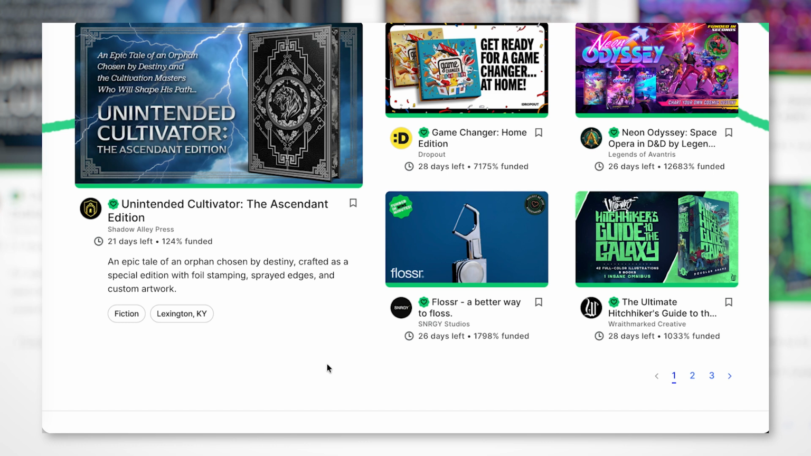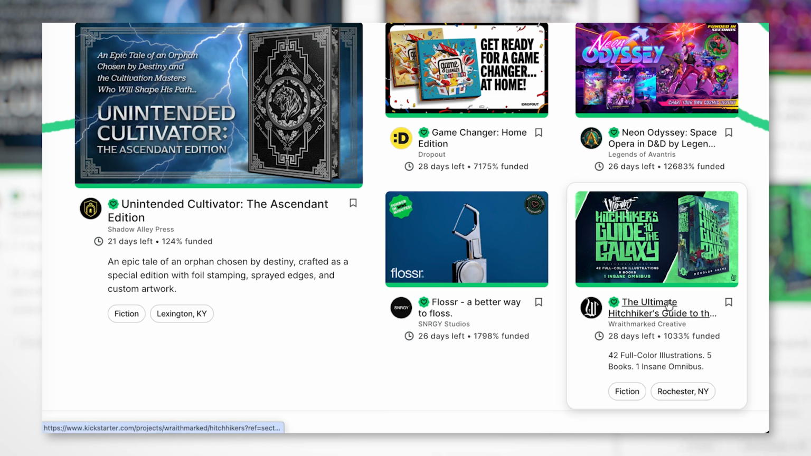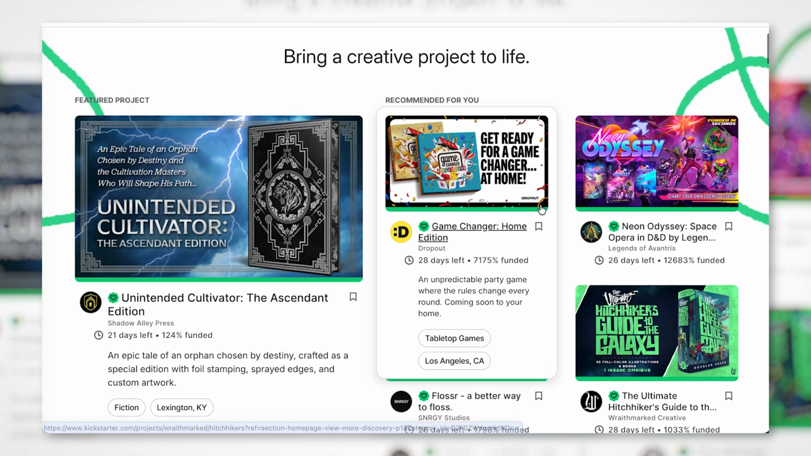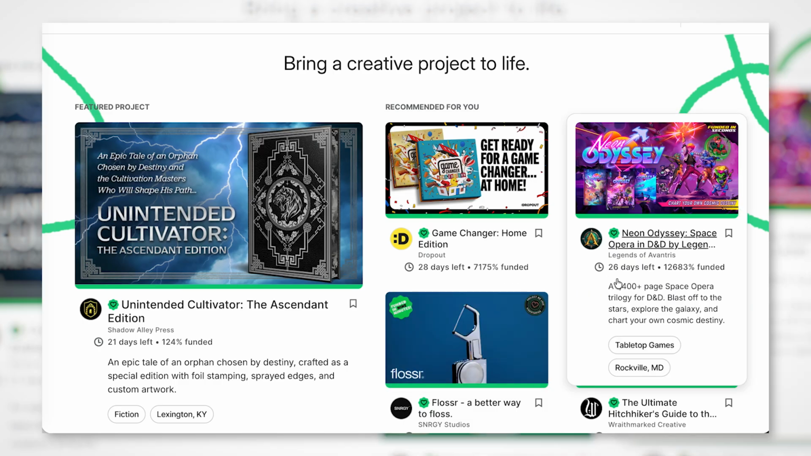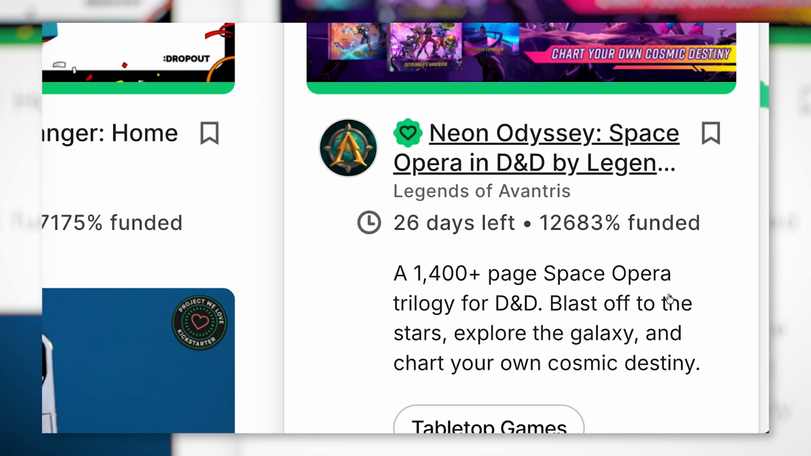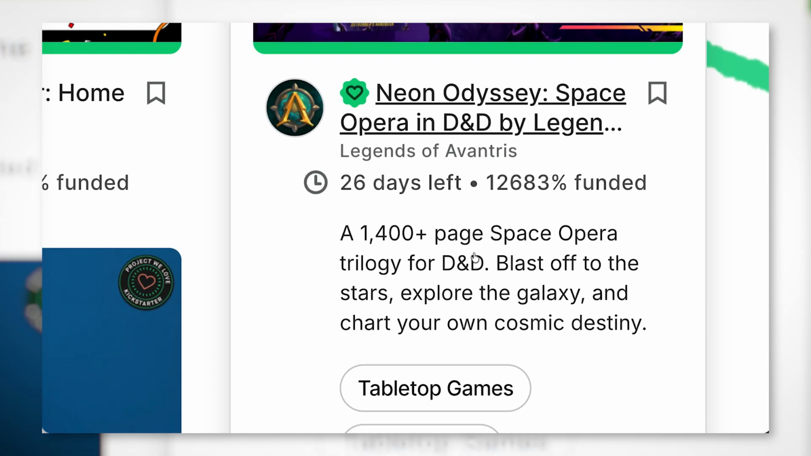If you already have existing IP, you might already have then a recognition when it comes to the Hitchhiker's Guide to the Galaxy, right? That really captures attention for those that are familiar. So think about a title and also a subtitle that's going to provide more context when it comes to that. So for example, as we scroll here on the Neon Odyssey, and I'm going to zoom in here a little bit, you can really see how that subtitle provides a lot of value up front. So a 1,400 page space opera trilogy for D&D, blast off to the stars, explore the galaxy, and chart your